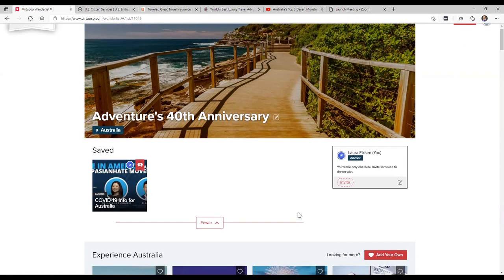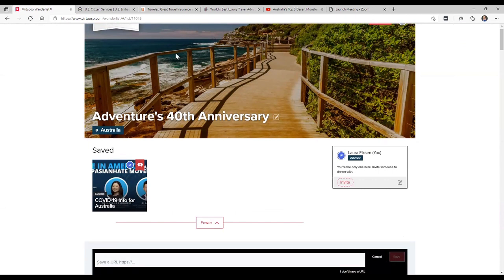So you're going to get the idea. I see a lot of our advisors using the Add Your Own button, which I'm going to click. And they sometimes have a private branded travel insurance link that they send out to their clients for travel insurance. Now, some advisors say I would never let my clients book their own travel insurance. I don't trust them, but a lot of advisors do.